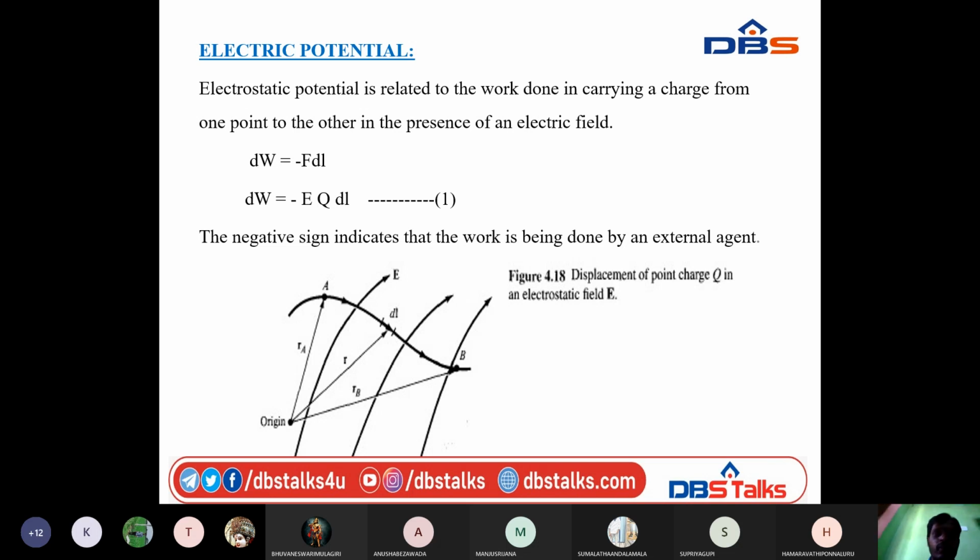The potential difference between two charges can be considered as follows. Suppose we have a charged particle at A with a radius of r1, and B is another charged particle, and this one is the origin. These are all the electric fields. Suppose I want to bring my point A to point B, which means I have to put some force on the charge at point A to move it to point B.